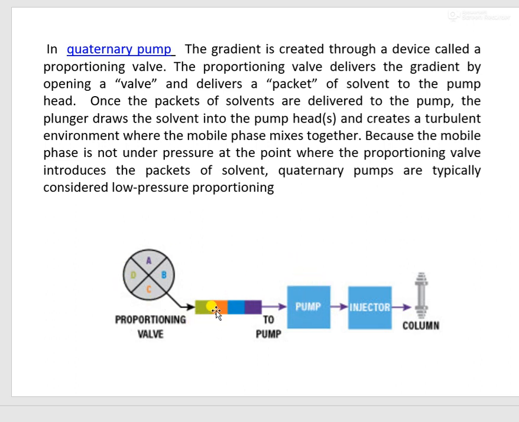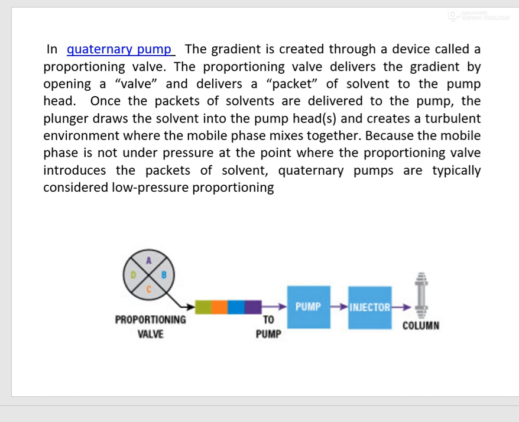In case of a proportioning valve, where it is proportioning different volumes of the required mobile phase, pockets are created here, but at this point in proportioning, there is no pressure created. Pressure is created when they are entering the pump. So this type of arrangement is known as low pressure proportioning.